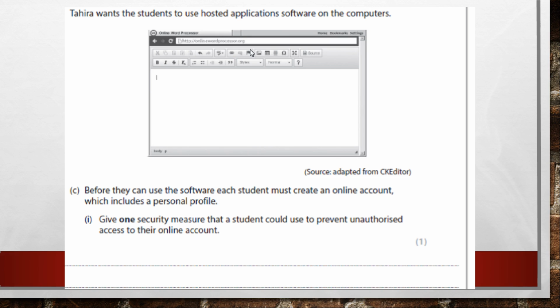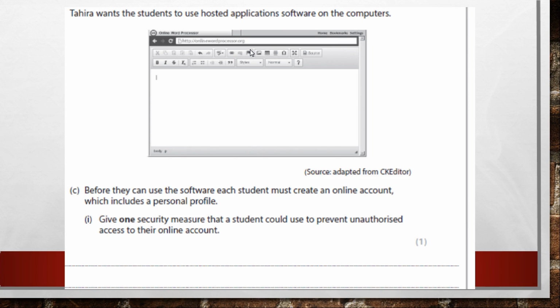So it's hosted. What does that mean? It's something online that's provided by a different company, and you've got some online word processing. It's showing you some sort of software, a bit like Word Online, that sort of thing.